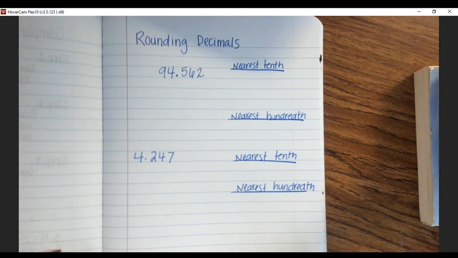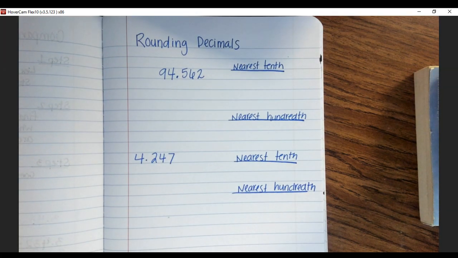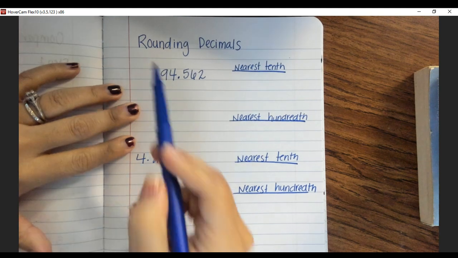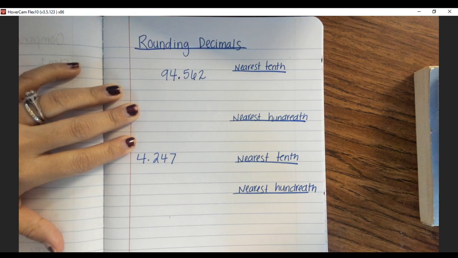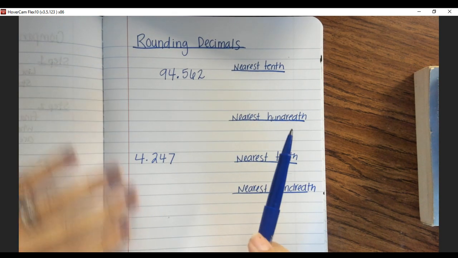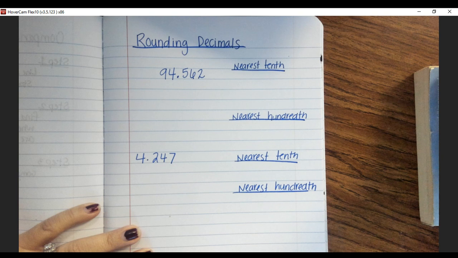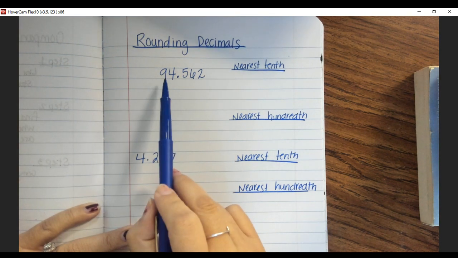Okay, fifth grade. Today we're going to look at rounding decimals. Rounding decimals is very similar to when we were rounding whole numbers. We still need to make sure we know those place values it is asking, and we're going to follow those same exact rules. So for example, on slide number 3 in your activity for today, you have the example 94